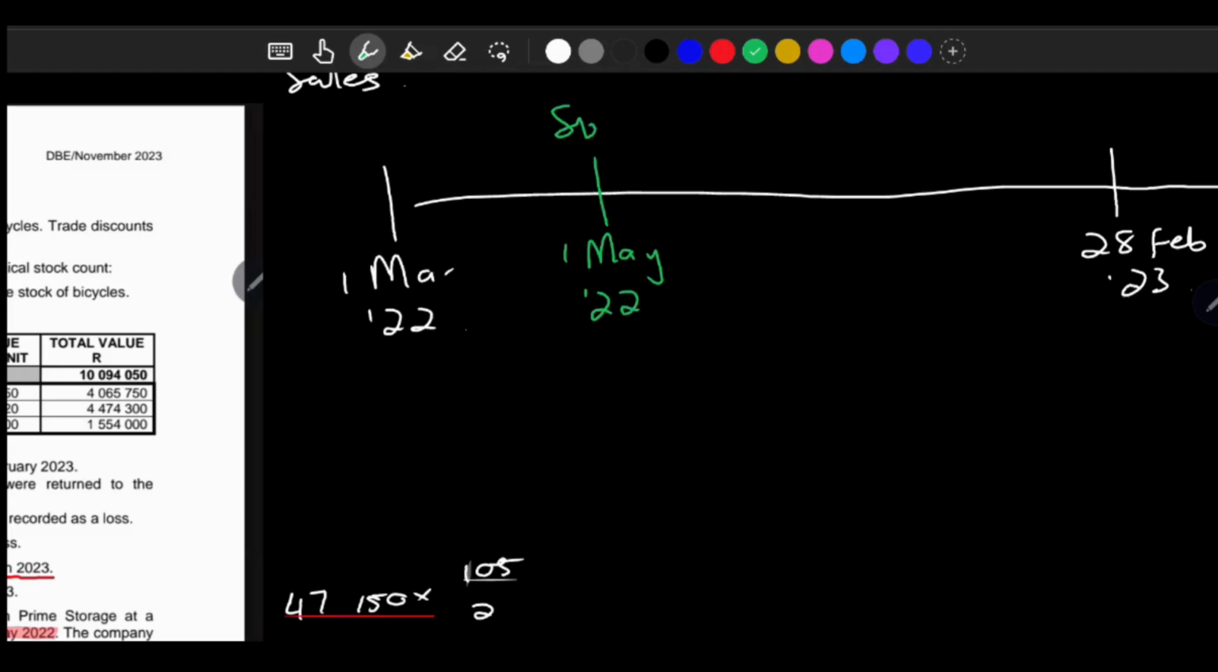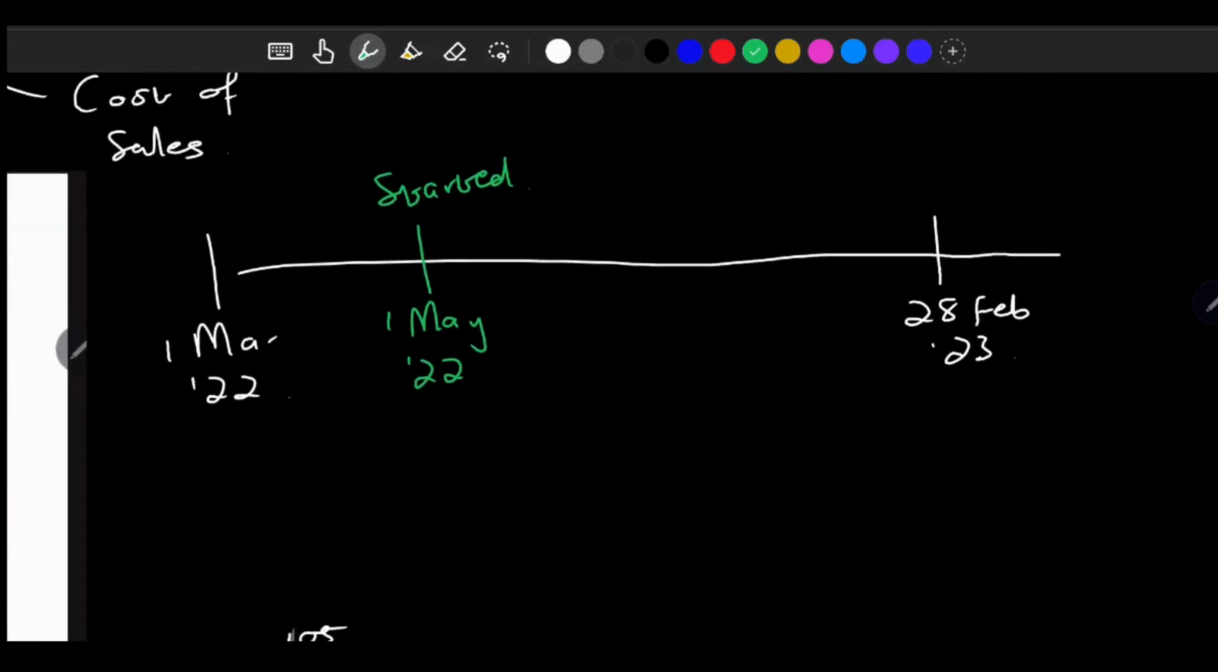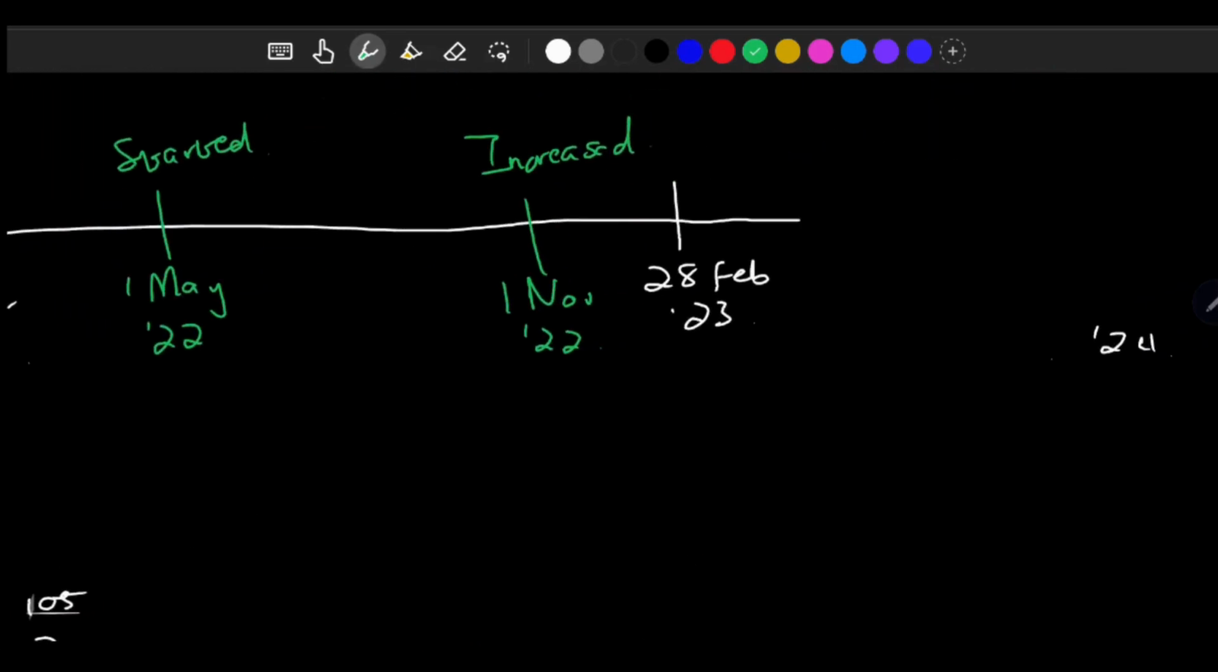Just going to say they started renting, right? Then on 1 November 2022, they increased the space rented. So somewhere around here, 1 November 2022, increased, right? Then finally we are told that rent was paid up until 30 April. So we have there March and April